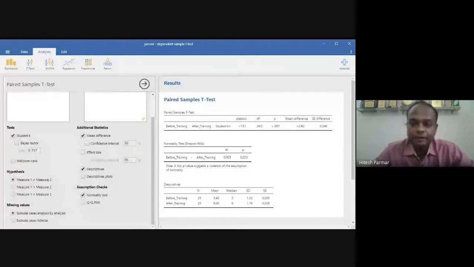A p-value less than 0.05 indicates that a statistically significant difference is present. Now it is your judgment whether the improvement is present or not, that you have to confirm. So how can you confirm that there is an improvement? Our objective is to measure the effectiveness of the training. So whether the training is effective or not, how do you know this?